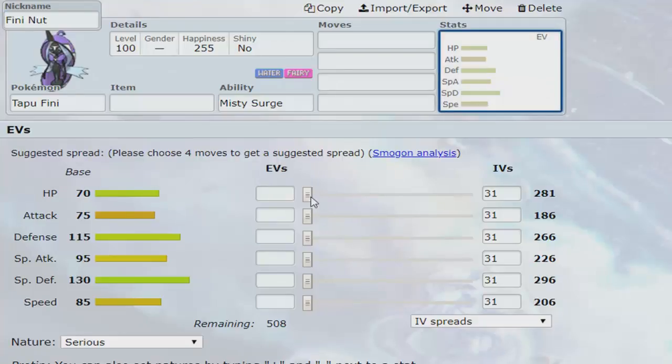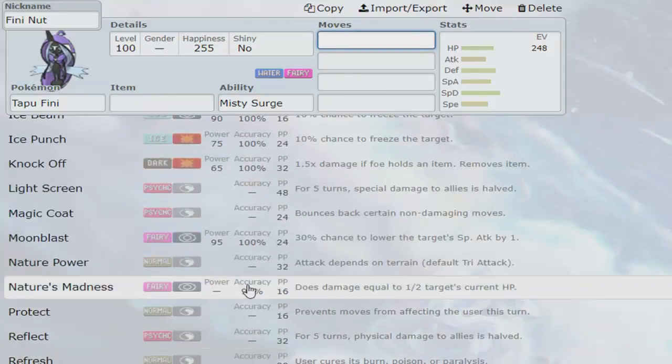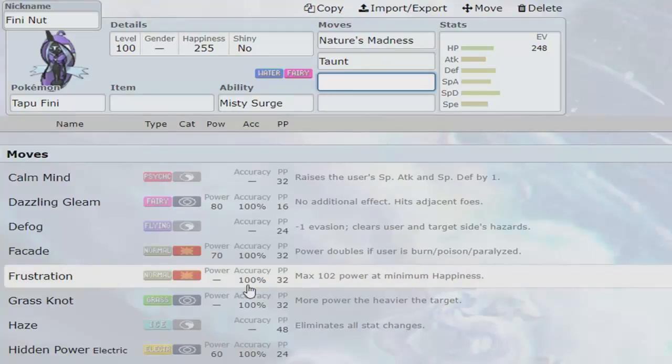We're more than likely just gonna run max HP. Or near max HP, obviously. Looking at his team, Nature's Madness is always a really good play. Taunt as well is always a solid play. Shut down things like the Golbat, shut down things like the Gastrodon really, really well. Part of me wants to bring Grass Knot, but I just don't feel like it's a great play. We're going to bring Moonblast